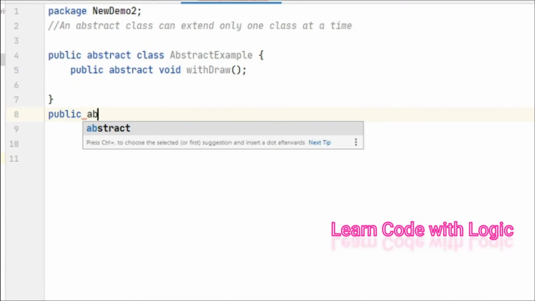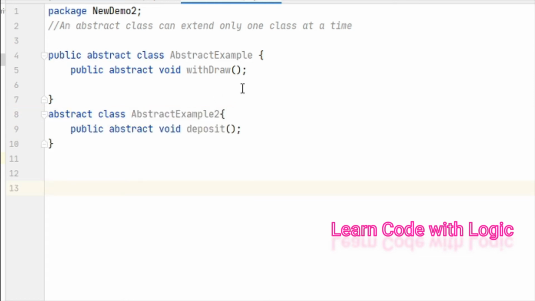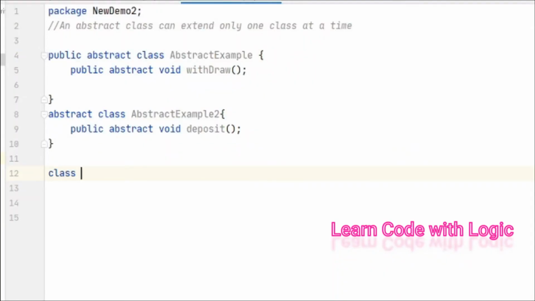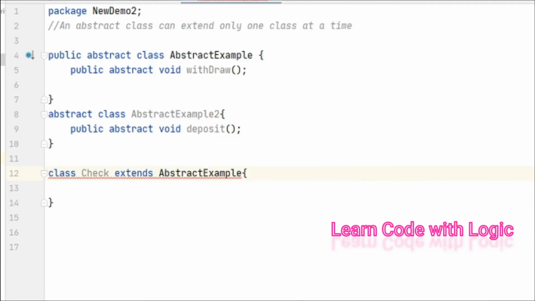Let's understand the second point. Public abstract class abstract example 2. Here we have two classes, meaning abstract classes. The first point is extended by a class, right? Let's have a class check extends abstract example. Implement those methods.